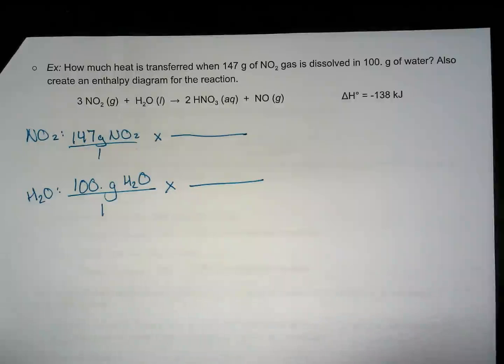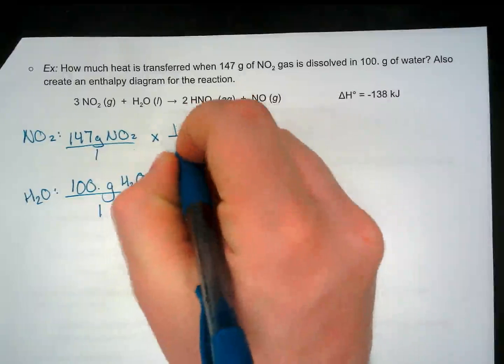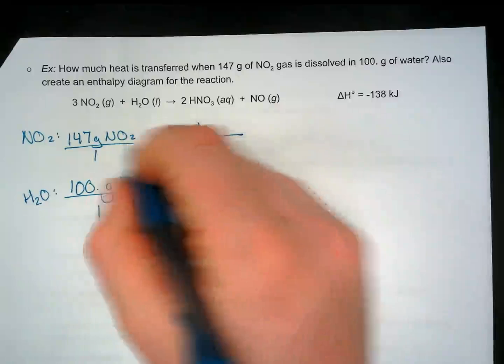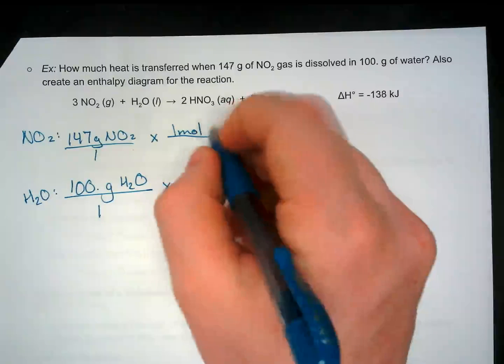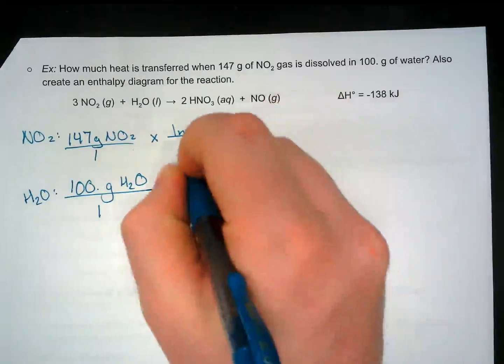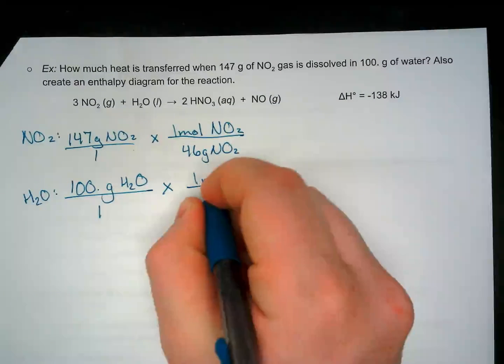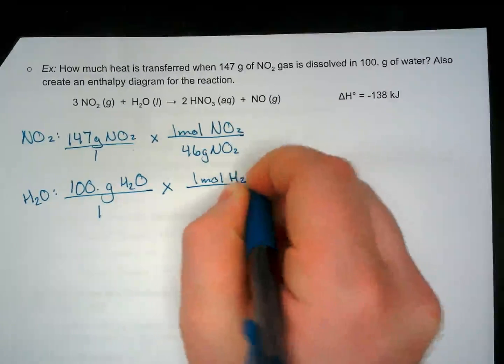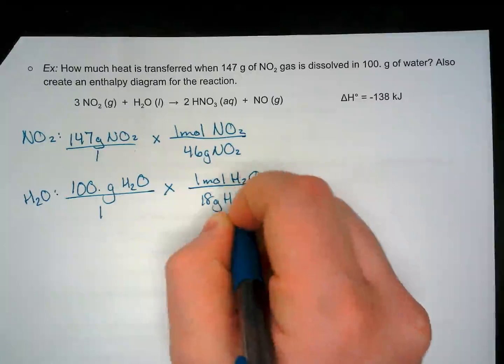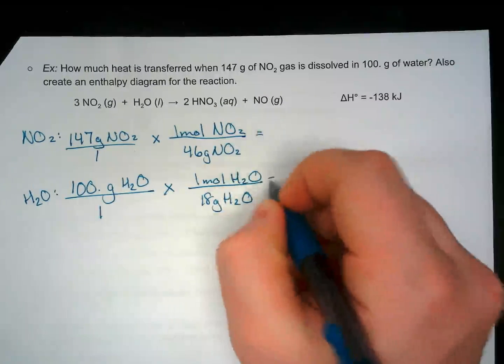Like we're doing this, figuring out the limiting reactant on a BCA chart. So in every 1 mole, I've got to convert grams to moles here. In every 1 mole of nitrous oxide, we have 46 grams of nitrous oxide. Every 1 mole of H2O, we have 18 grams of H2O. Okay, now here's where we're going to